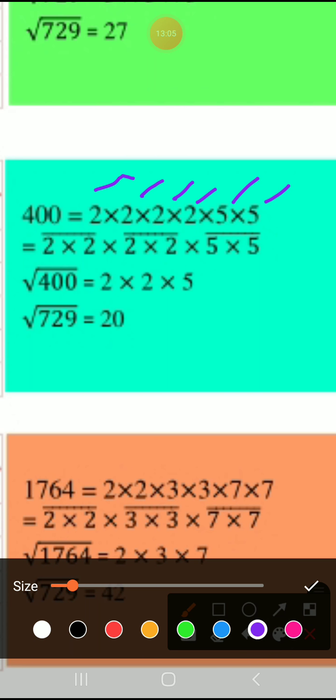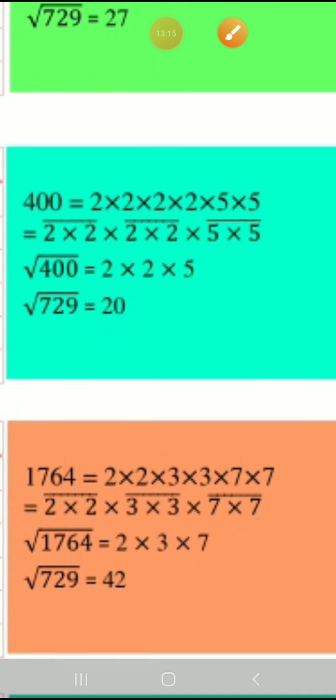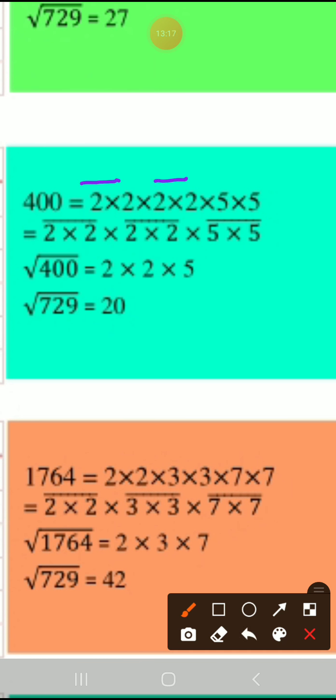Okay, look here. Now again we can make the pairs of it. So this is one pair, this is the second pair, and this is the third pair, right? During the pairing, the numbers should be the same. You know that you have solved these problems when you were in 7th standard also. Very simple. So 2 into 2, 2 into 2, and 5 into 5. So one 2 we have taken outside, another 2 we have taken outside, another 5 we have taken outside. So 2 to the 4, 4 5s are 20. Got it? So 4 5s are 20.